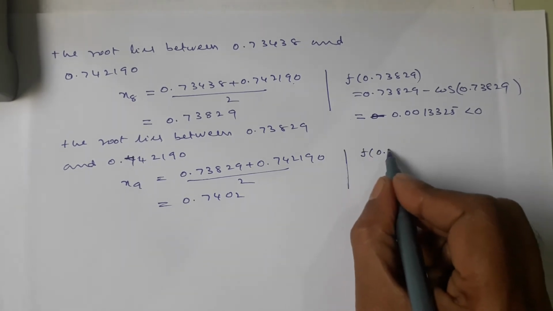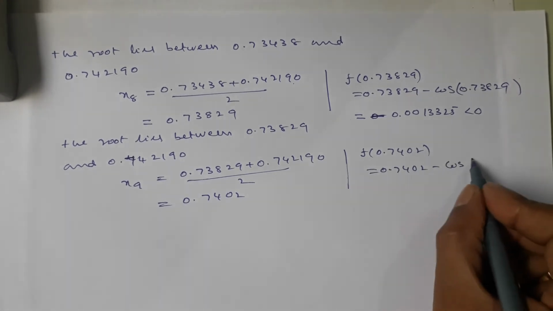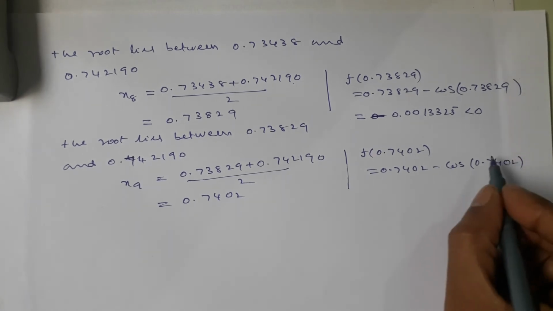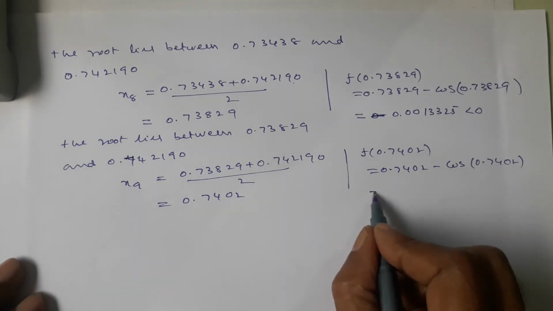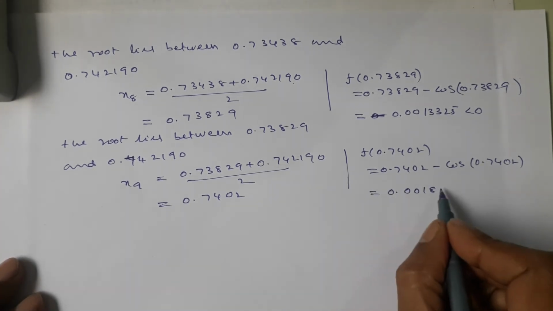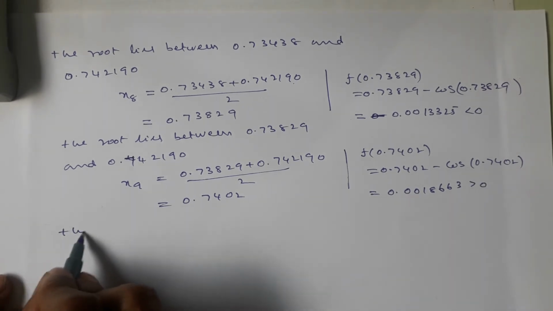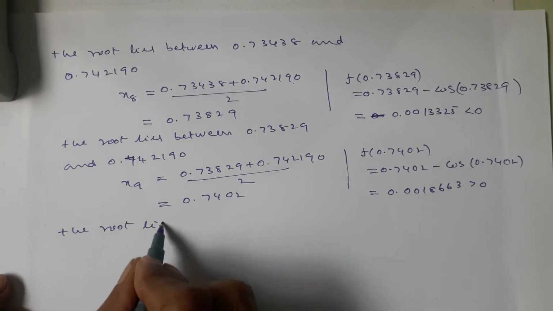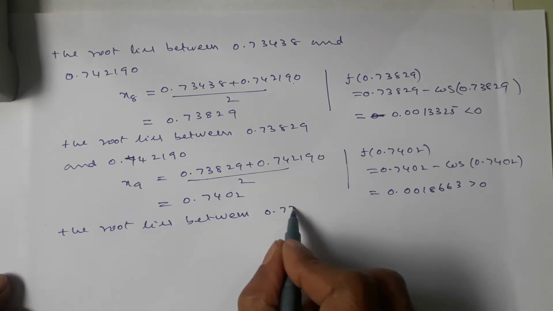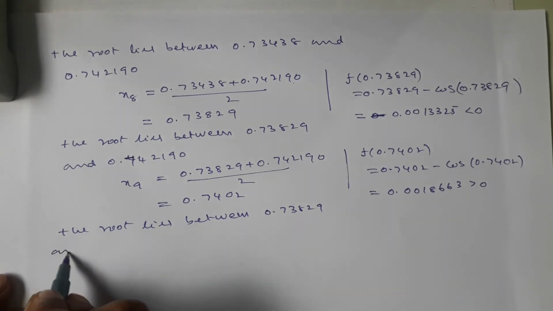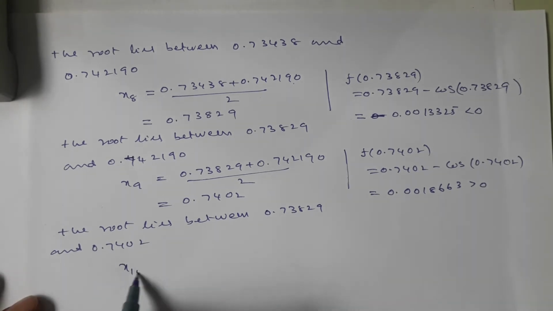F of 0.7402 is equal to 0.7402 minus cos of 0.7402 is equal to 0.0018663, which is greater than 0. As it is a positive value, the root lies between 0.73829 and 0.7402. So x10 is equal to (0.73829 plus 0.7402) divided by 2